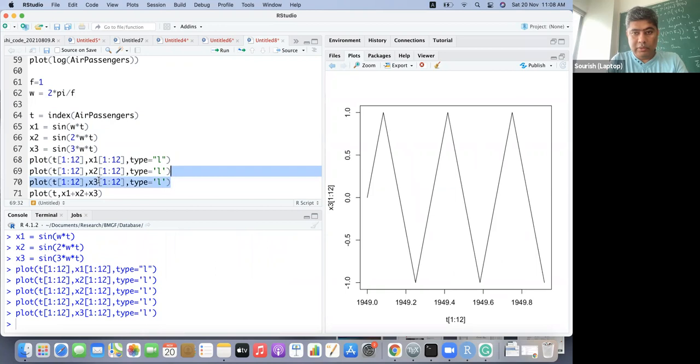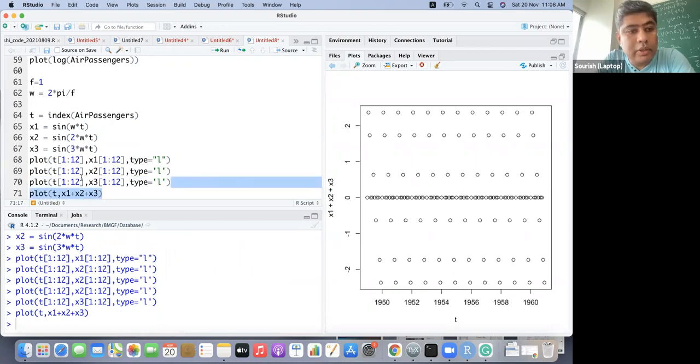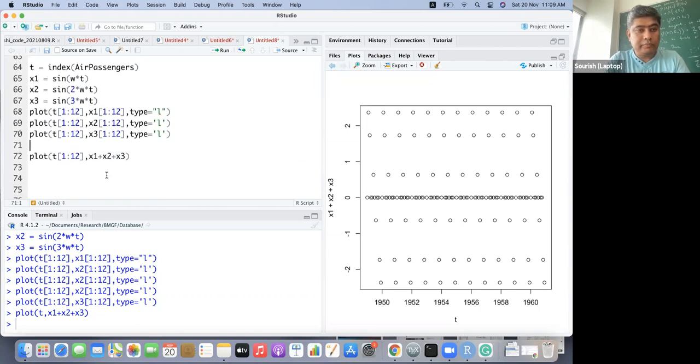And then if we plot these things, 1 to 12, X1, X2, X3, and then maybe I call it X hat, a new engineered feature.